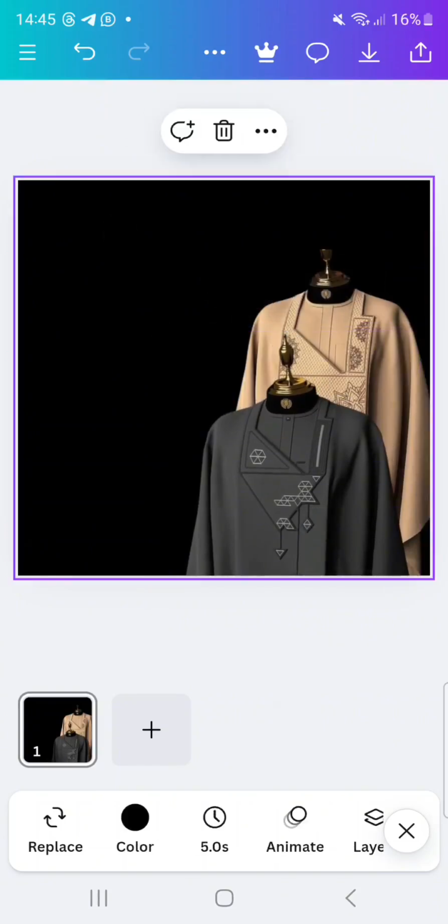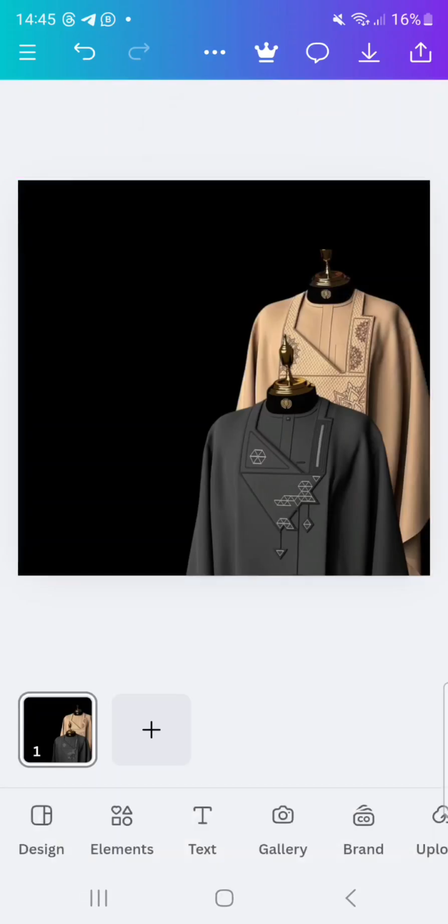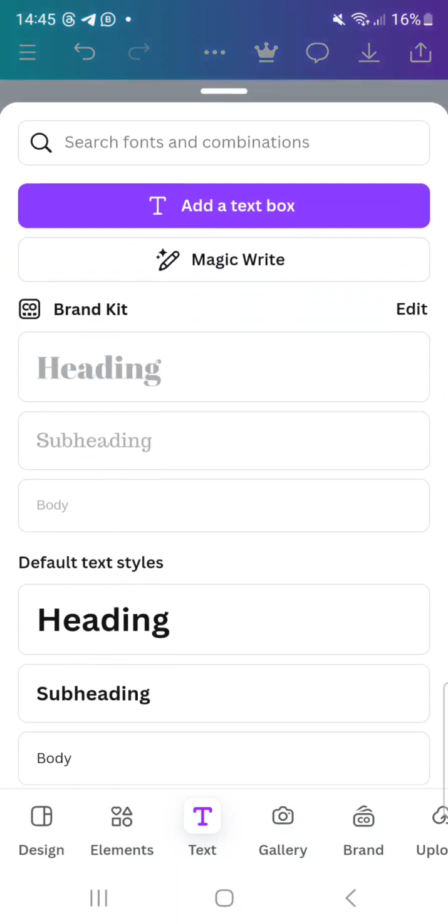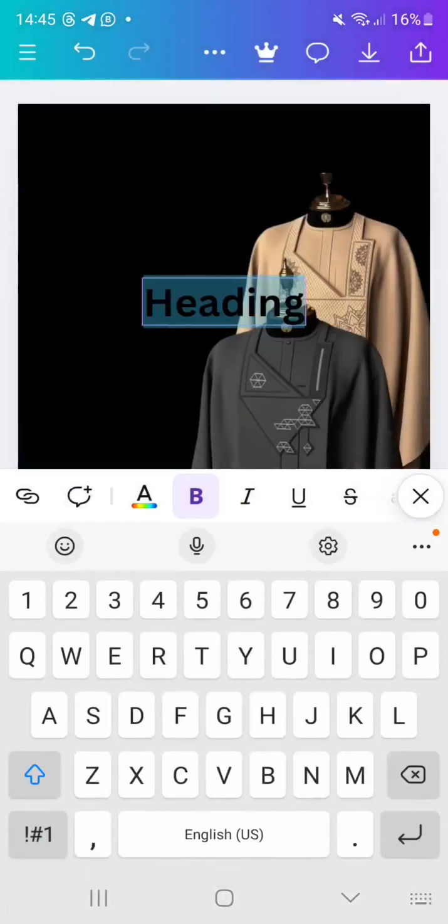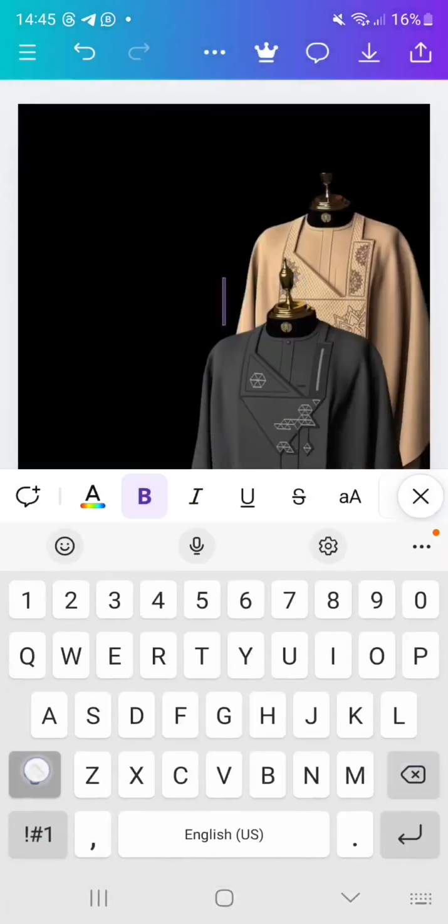Alright. So the next thing I want to do, I want to start writing my text. So I'm going to click on text, and I'm going to click on heading, this one, heading. I'll click on heading, and I'm going to write Adonis